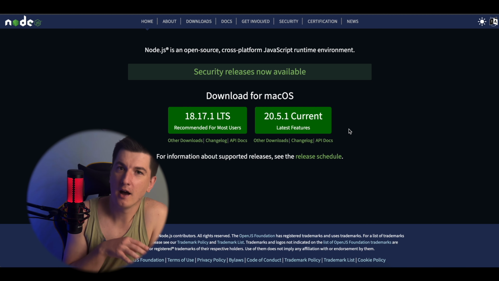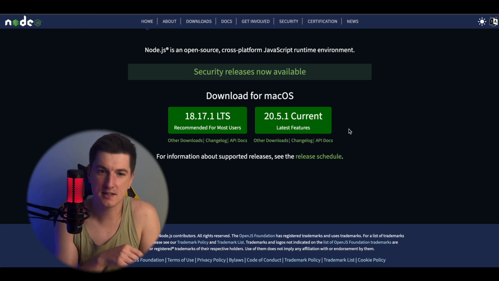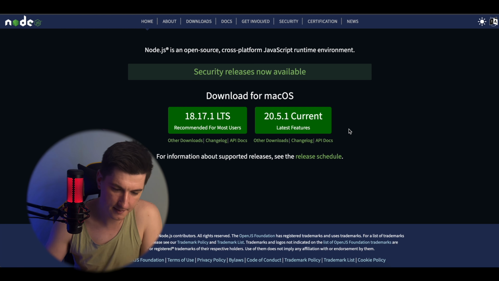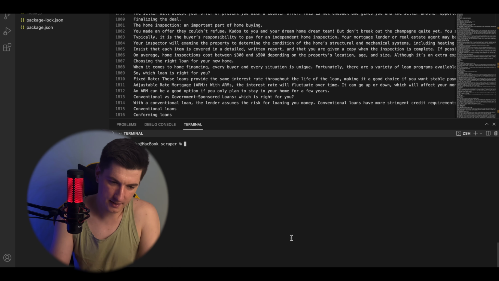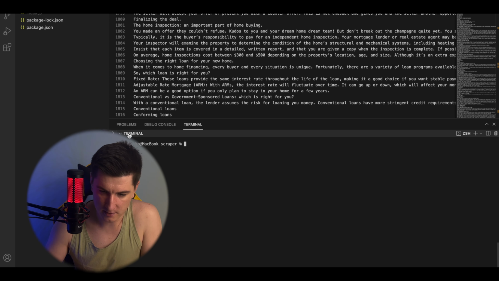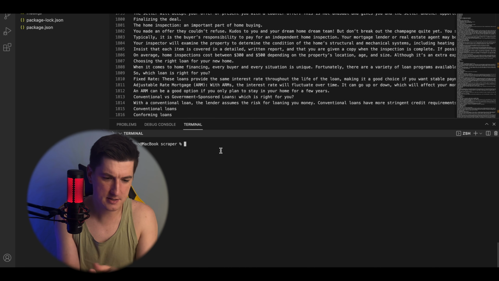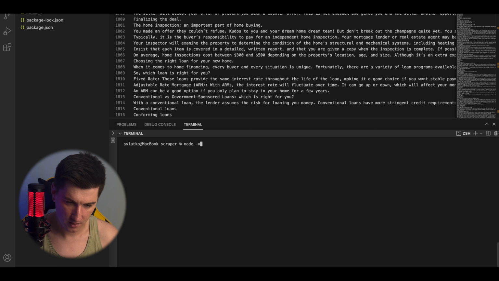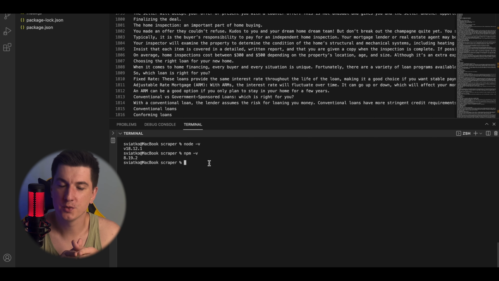After you download it, you will get a wizard. Just click next, and submit. Everything will be fine. To confirm that everything is installed correctly, you have to reload your terminal. It would mean just close it and open it again. It doesn't matter what terminal it is. So to verify that you did everything correctly, you do node -v, which stands for version, and you see, okay, here is 18. Great. And another one is npm -v. Means everything is fine. So you download Node.js and you get two packages, Node and npm,